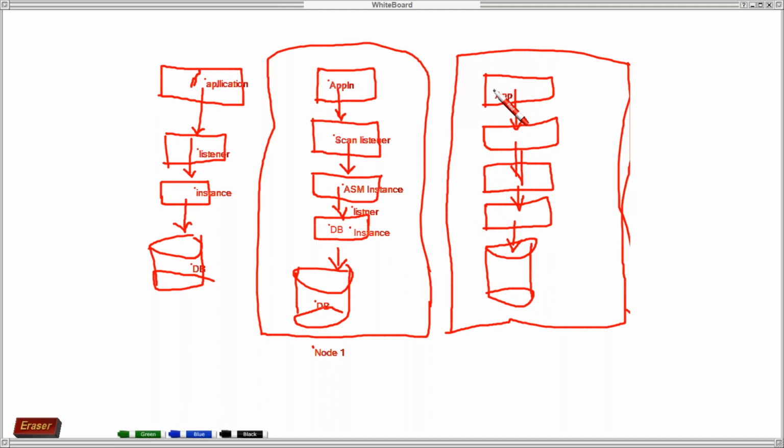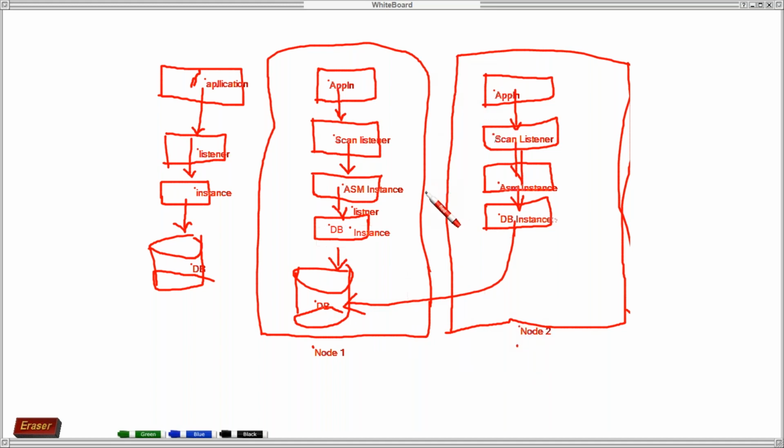This is your application, this is your scan listener, this is your ASM instance, and this is your DB instance. This is your database. A database means it's a shared one, isn't it? So all the nodes are connected here, that is the DB instance is getting here. This is your node 2.